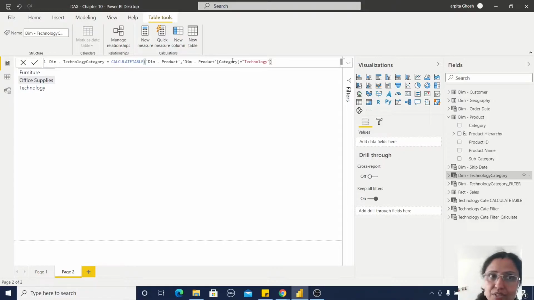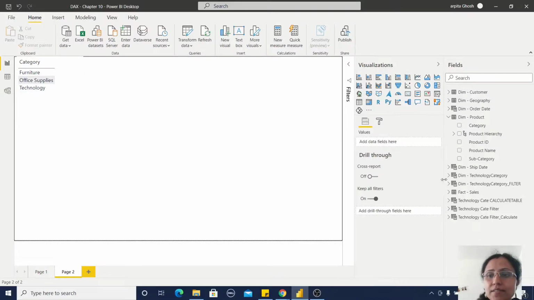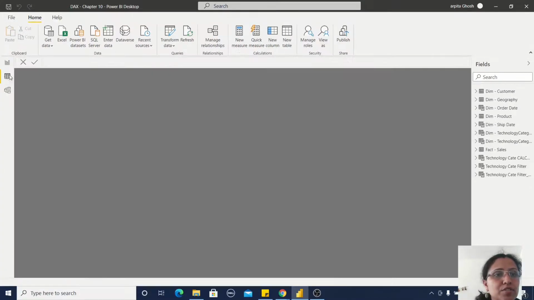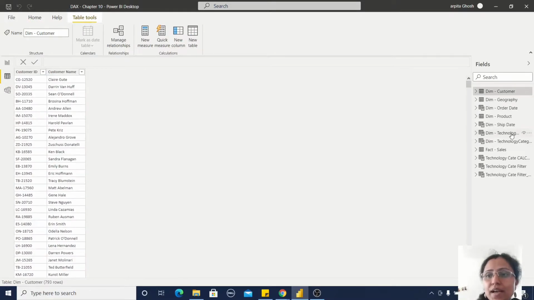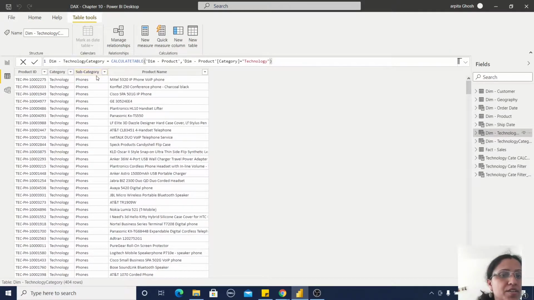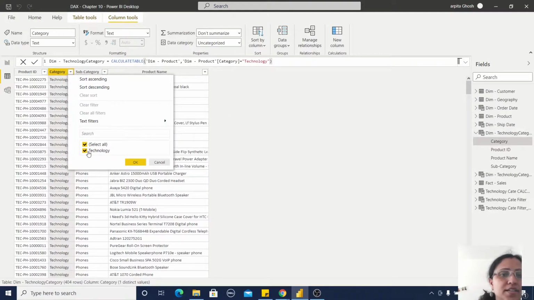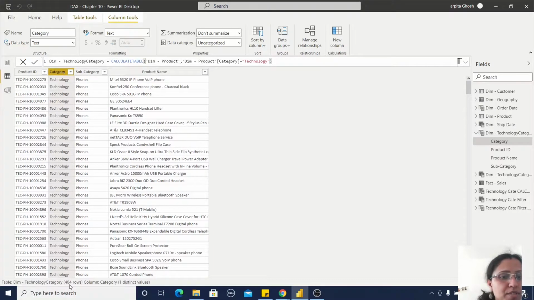Okay, this category field is already present in the data model. Now if I select this table, go to the Data tab and click on technology, you can observe that I have only technology category information. Other categories are not available. So it has 404 rows for technology. That means 404 products, because product information is unique for this table.